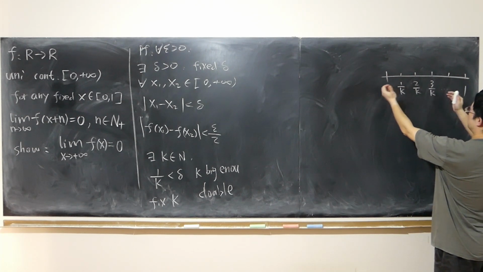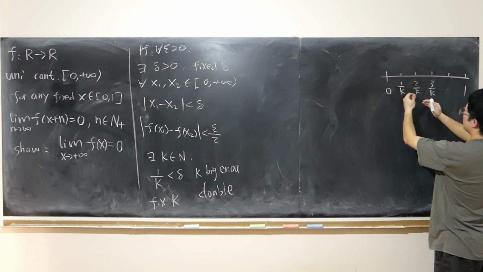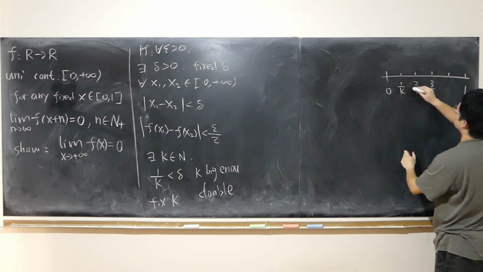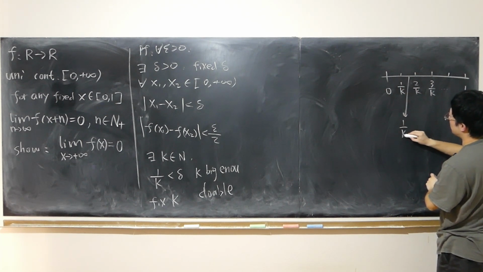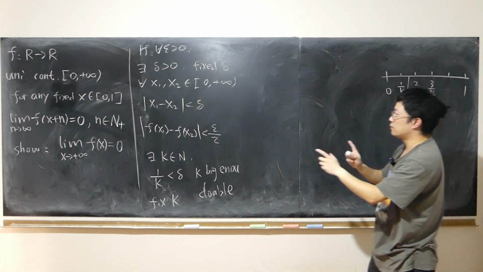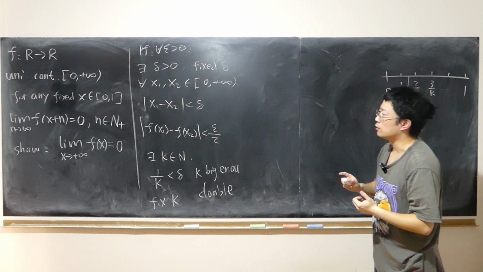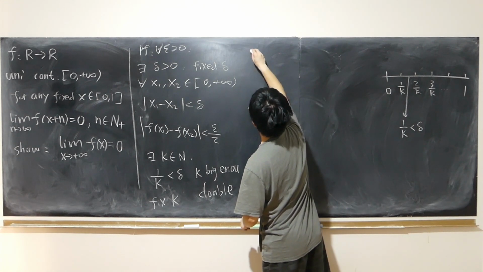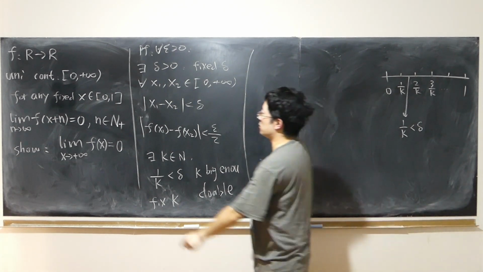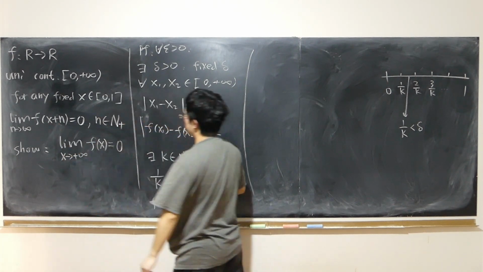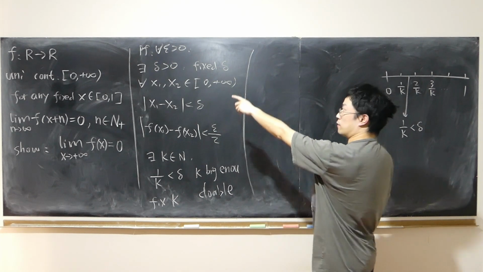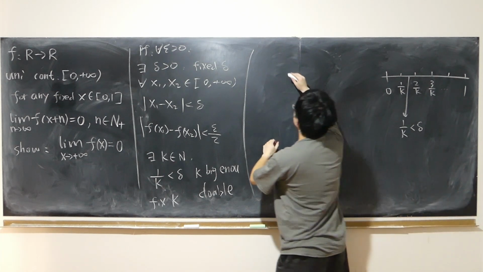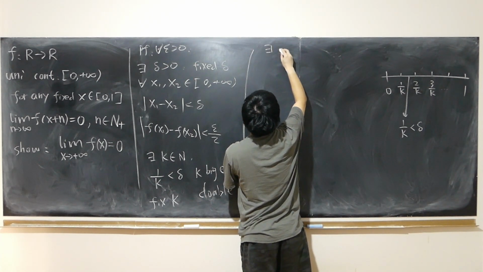So I divide the 0 to 1 closed interval into k equal parts, where the width of each small interval is just 1 over k. That is small enough. So that's how I take advantage of uniform continuity. Because of this condition, this discrete version of the limit, which is equal to 0, means that given this epsilon, as long as little n is big enough, there must be a capital N,